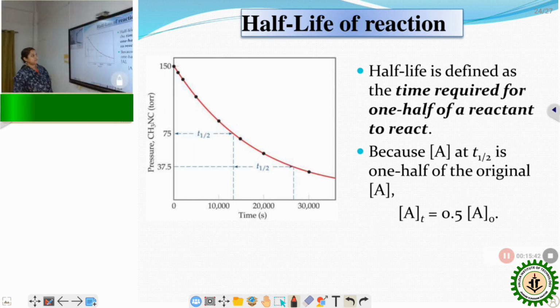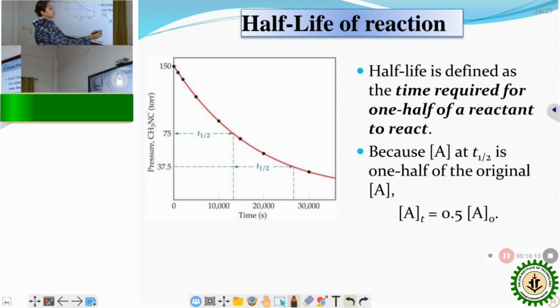So now, half-life. What is half-life? Half-life means the time required for 50% conversion of the reactant molecule to the product. So for the conversion of methyl isocyanate to methyl nitrile, what will be the 50% conversion time, or what will be the T-half? T-half means, in this decay curve, the time where 50% of the reactant molecule is converted to the product